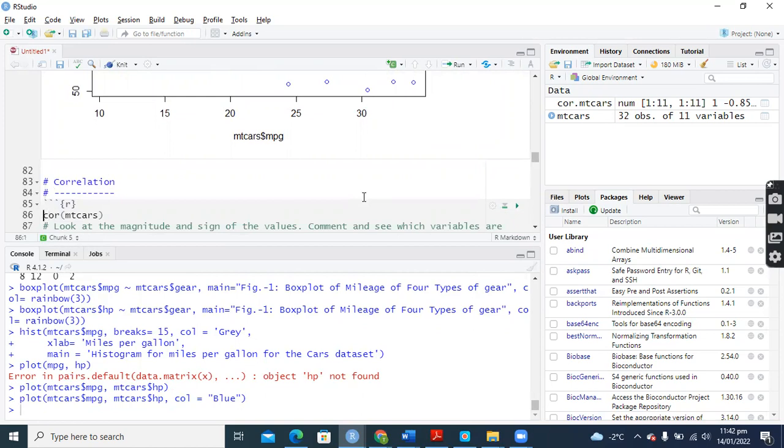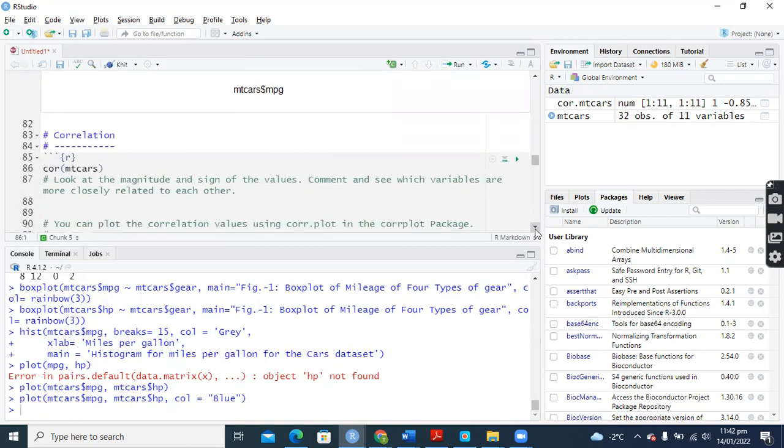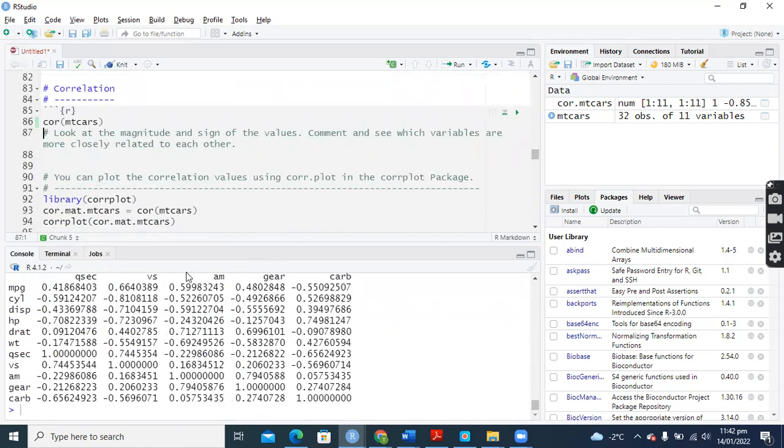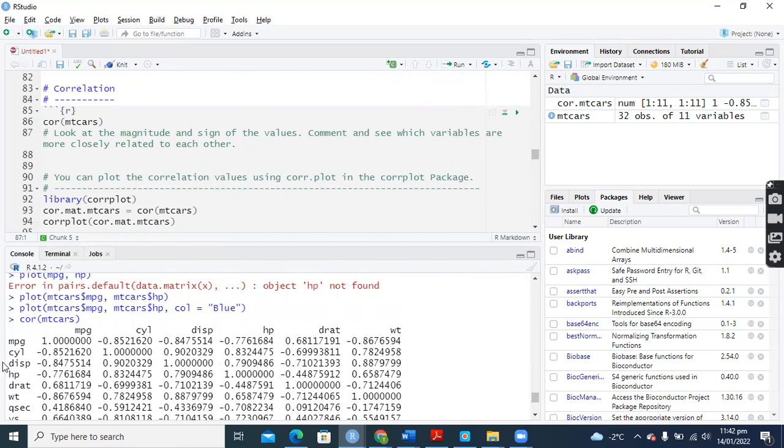We can do the correlation matrix, correlation between each pair of variables using the cor command. So if I click it, it is showing me the correlations of each variable with the other variable. For example, miles per gallon correlation with number of cylinders is minus 85%. That means higher the number of cylinders, lower the miles per gallon. It is very strong negative correlation between them. And see, there is a very strong negative correlation with more weight,